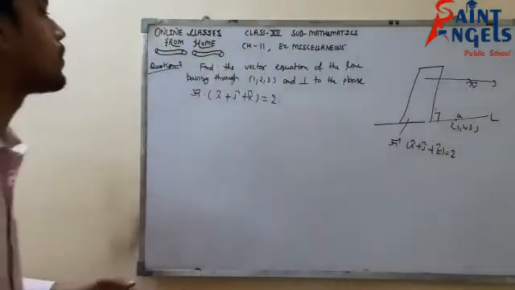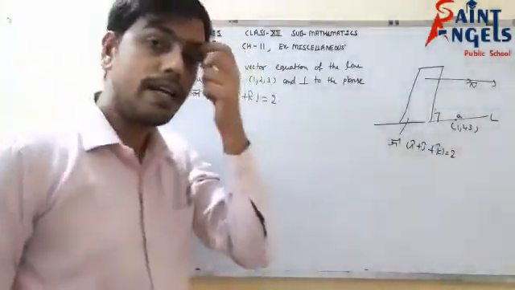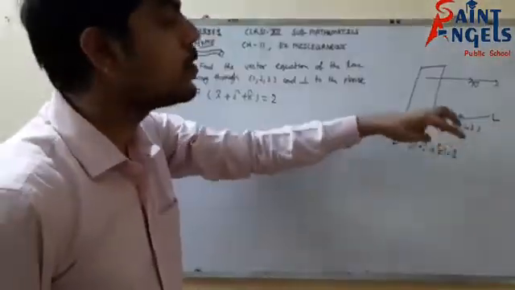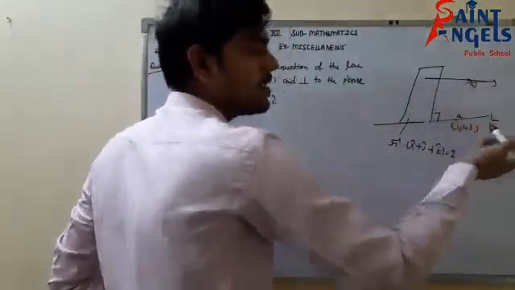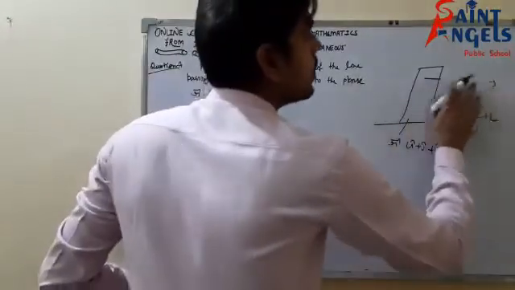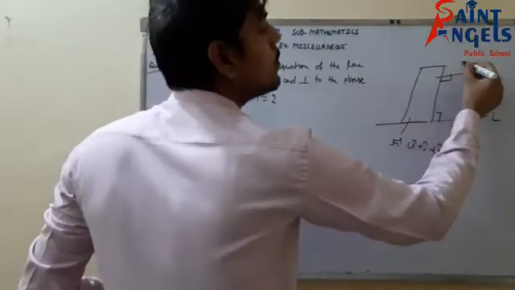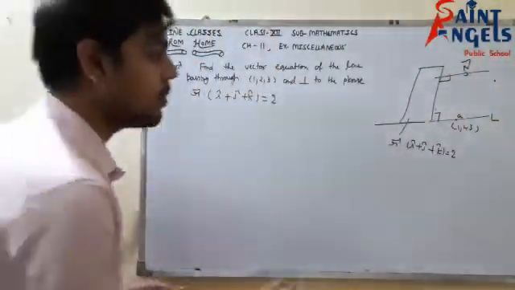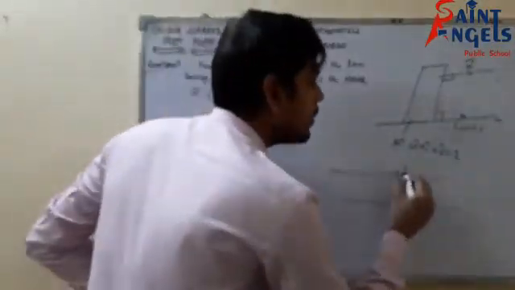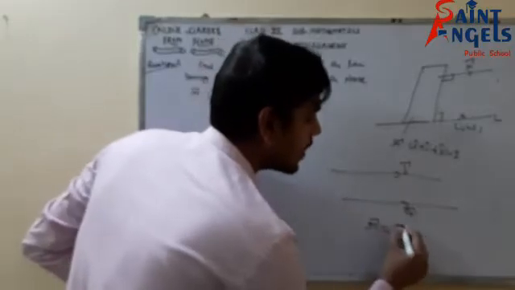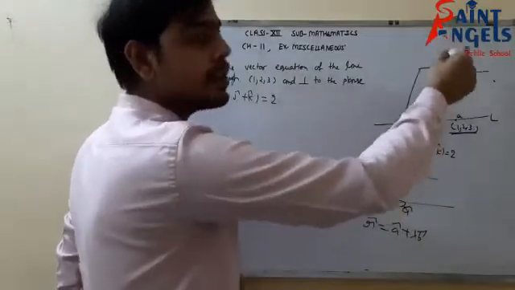Now, the line is passing through (1, 2, 3). What I need is a vector to which the line is parallel. So this line L would be parallel to the normal vector, as we can see from the figure as well. They are perpendicular to the plane, so the line and the normal will be parallel. If you remember, the line passing through a point A, whose position vector is a vector, and parallel to a vector b, is r vector = a vector + lambda b vector. So I have a vector, and I have to find the b vector. It will be the normal to the plane.